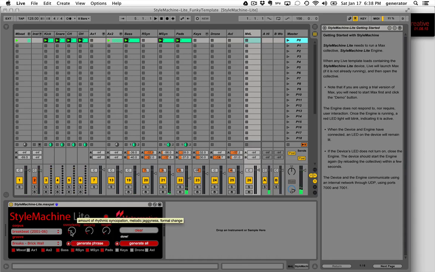And what I have control over is the complexity of the phrase. That's basically the amount of syncopations and complexity of the harmony that's involved, and also the density, which is the amount of material, the amount of onsets, the amount of notes that are being generated. The length comes into play in Generate All. So I can have a very complex phrase, but not very dense at all. And if I click on that,